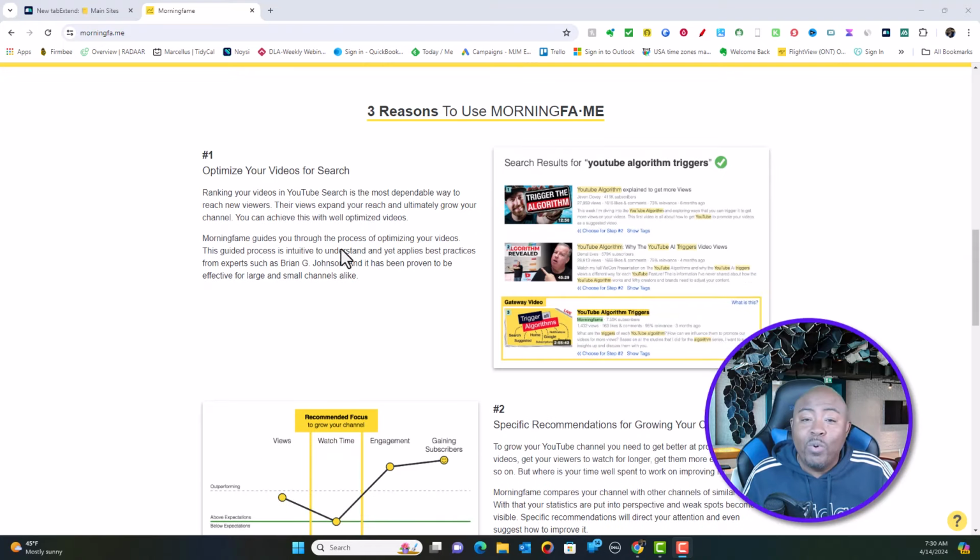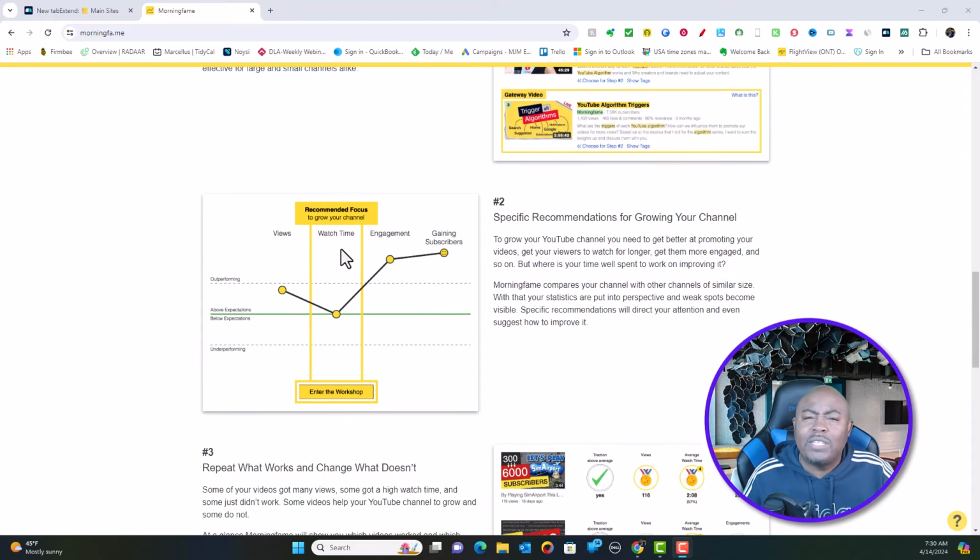Okay, so the number one thing it wants to do is help you optimize your videos for search. That is the way you're going to be found in the Google algorithm and the whole process of Google, right? The second thing is you want to make specific recommendations for your channel,